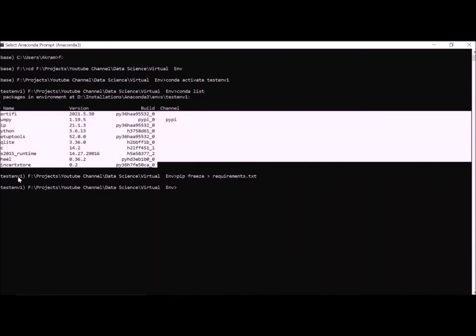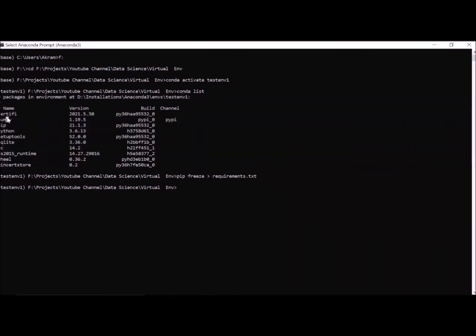In the same way, if you want to create a test environment for another project and install, like NumPy, TensorFlow or whatever, as many libraries as you want, this way you can share your code, so anybody can run it using requirements.txt.